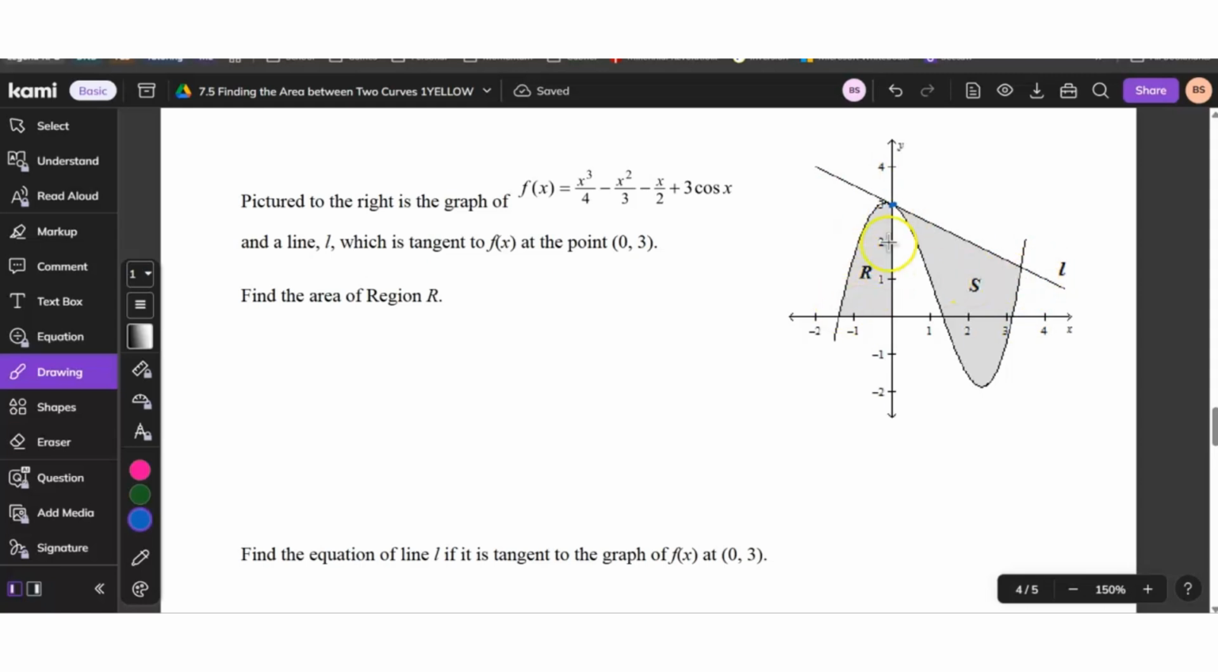Find the region R. Okay, that's easy. R isn't even the new stuff we did today, is it? What is R? It's just the integral of which function? F of x, right? We don't even care about this line. We don't need it, because if we look at it here, it's just underneath this curve and the x-axis. Perfect. So we're going to integrate